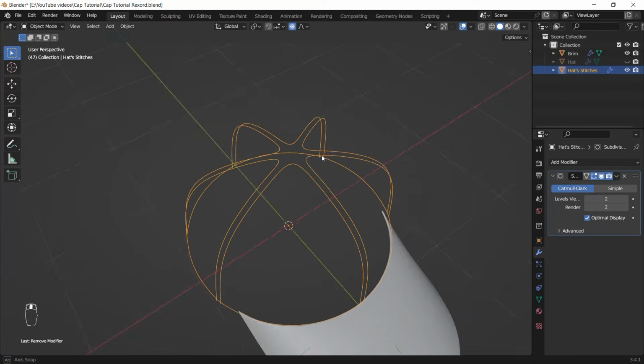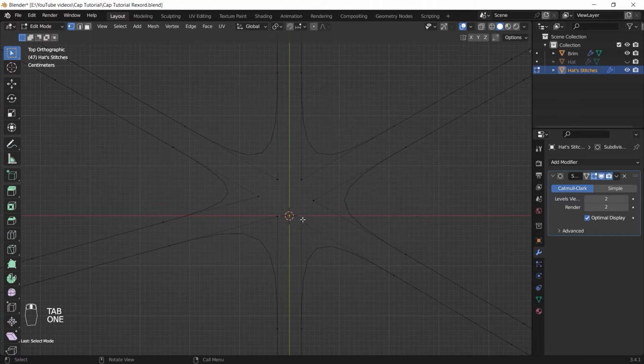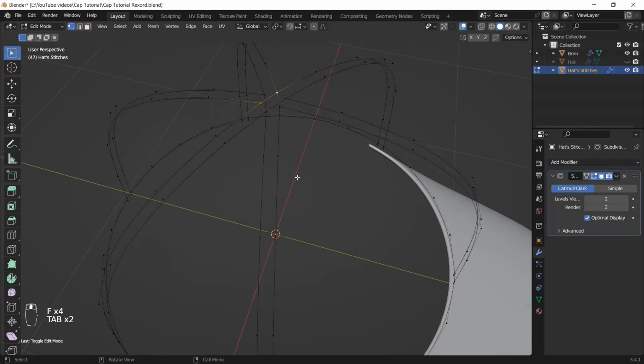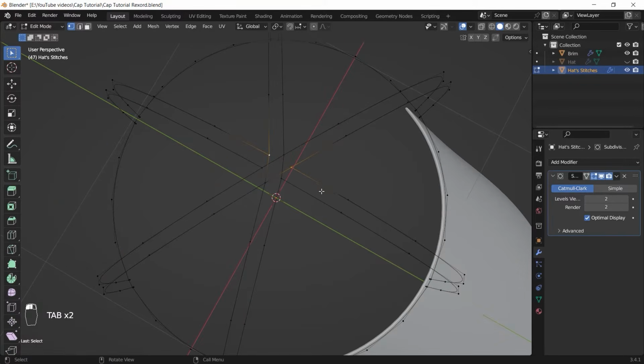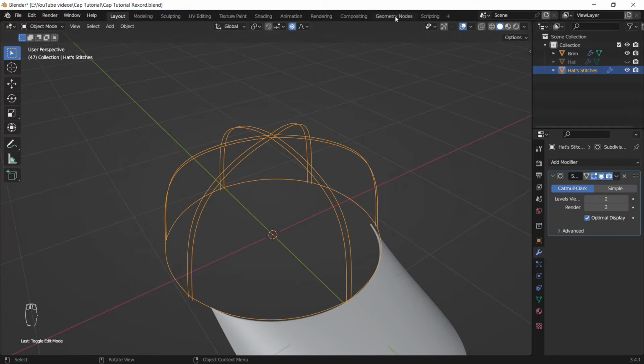The rest of that will be done in the geometry nodes, but I'm just going to connect these edges. Like I just select this and select this, I hit F to connect it, and I do it for all the edges, and yeah, just like that is much better now. And maybe connect these all together. I like it. So I go to the geometry node workspace